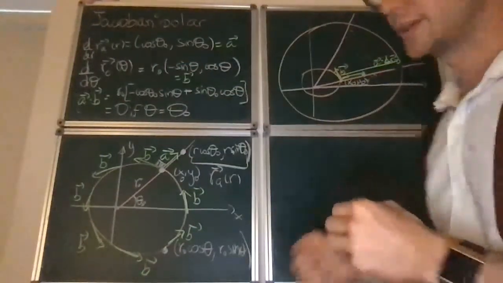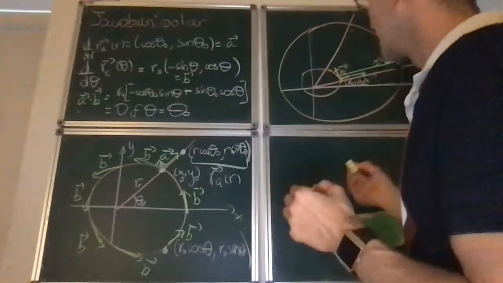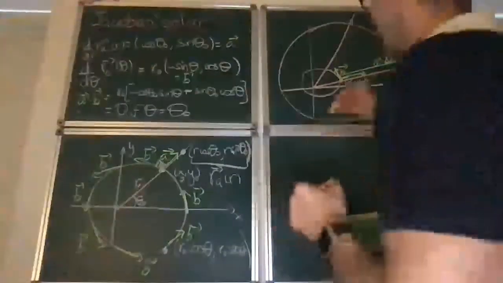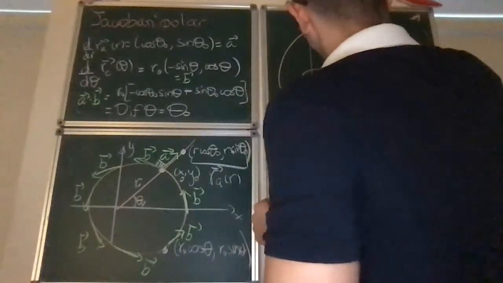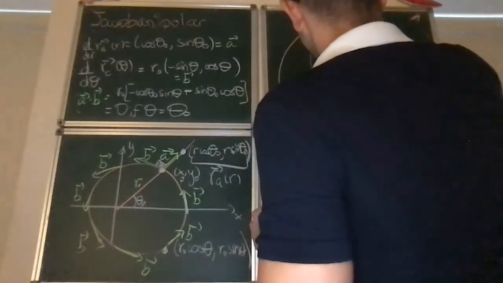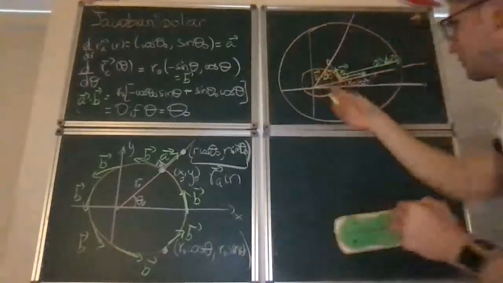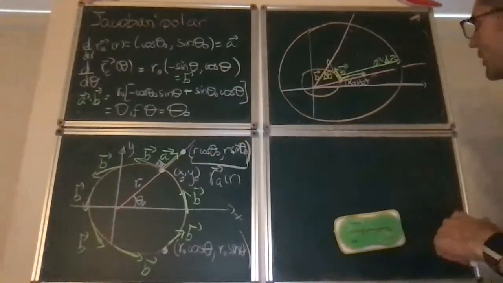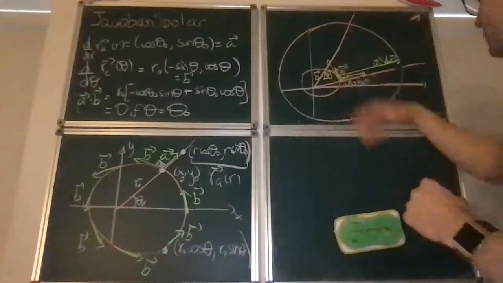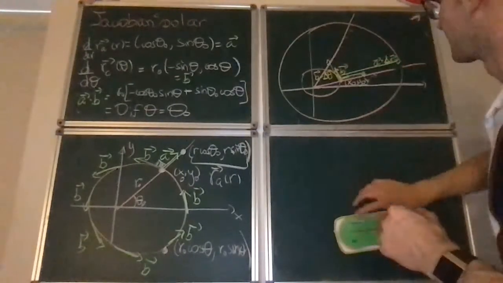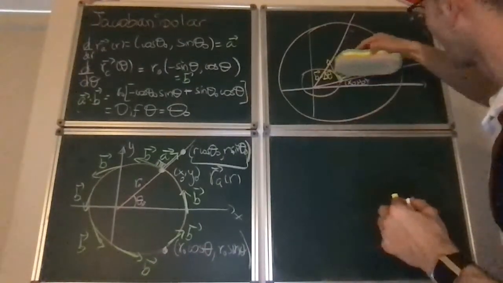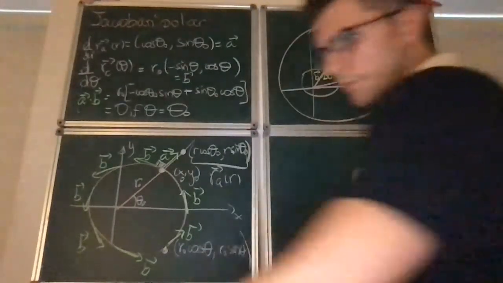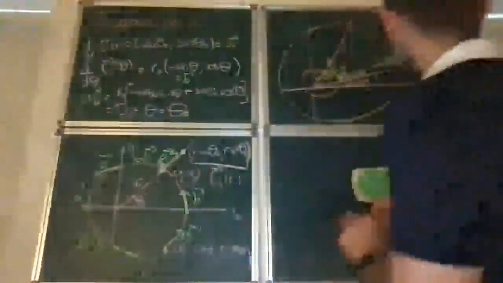That means the displacement that you would move is velocity times delta t, or velocity times delta theta. So you can move some amount, and let's say that this gives you velocity times delta theta. What I'm trying to say is that since these two, the green one and the yellow one, were perpendicular to each other,